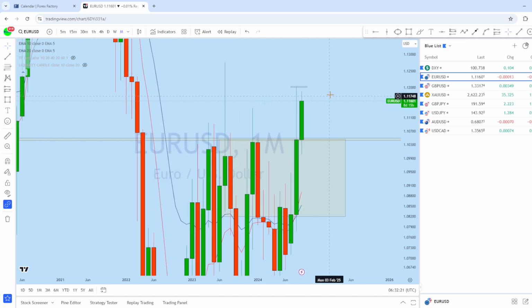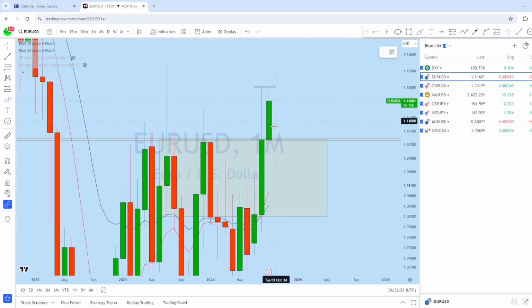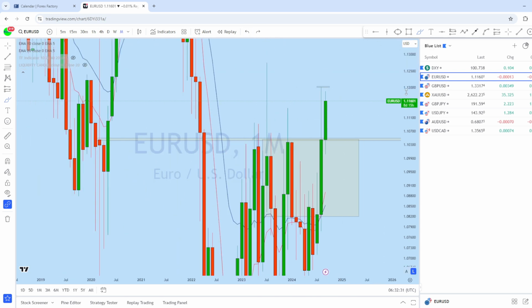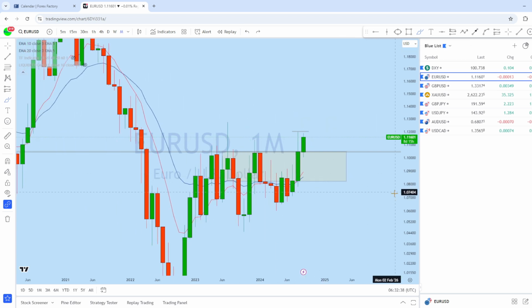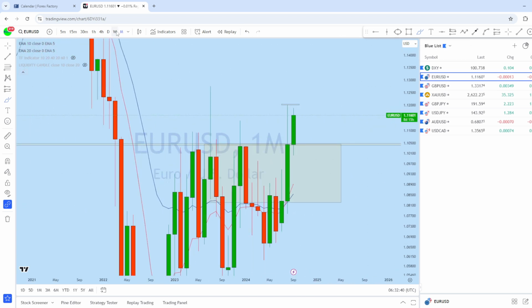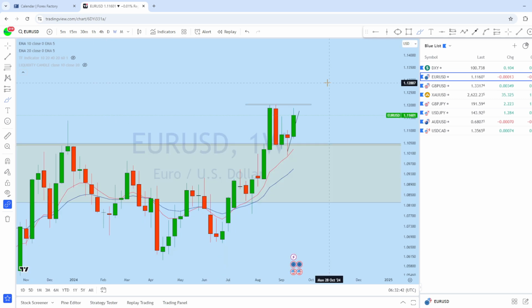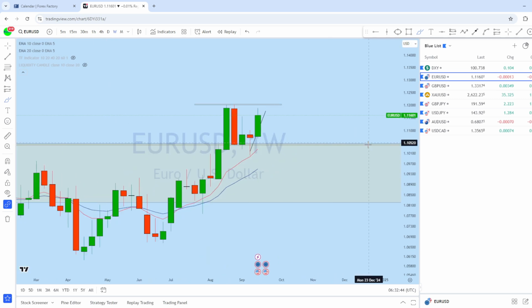Now at the moment what we can see is that EURUSD has gone up, filled that long wick, and we expect it to come down further and then bounce back up to create a new higher high. As we have seen from the monthly, quite a few months of sideways movement has given a huge momentum on EURUSD. Now, if we drop down to the weekly chart, we can see that from the weekly, this is the weekly